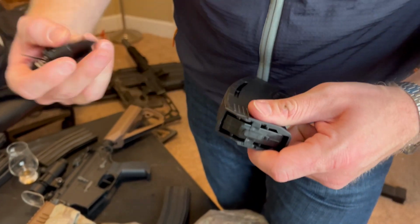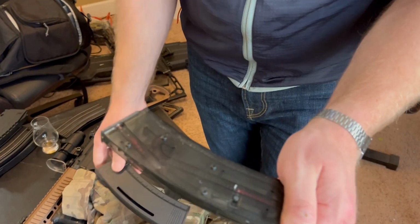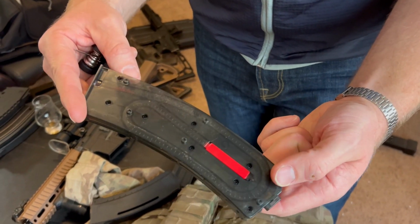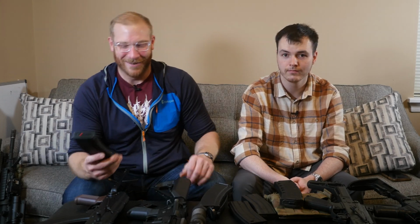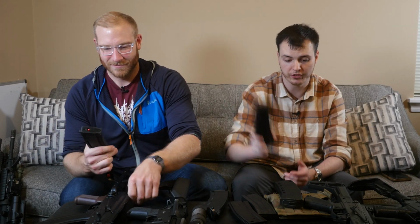You've got access to the innards, so they're an easy disassembly. They fit and feed really well in everything I've tried them in, and they fit really well in gear. So yes, these are kind of sci-fi BS, not real airsoft magazines, but they work really well, and I really like the feature set. And again, if you don't like the look of that one, you have normal 74 styles,